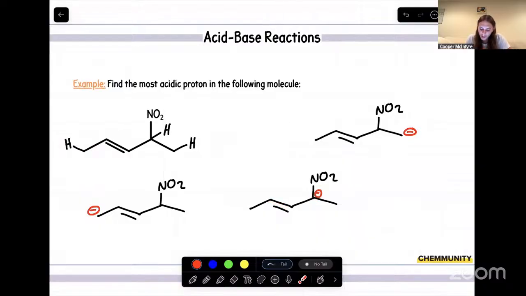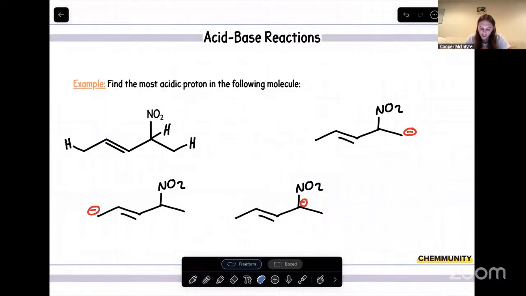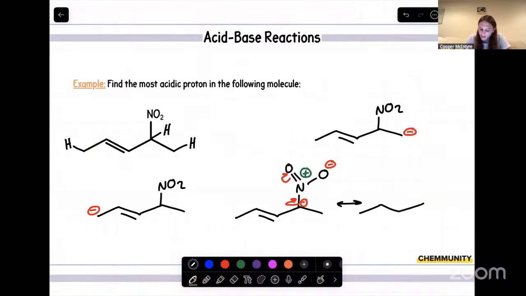But let's go ahead and actually draw out that nitro group. So a nitro group, if you remember, has a double bond to oxygen and a single bond to oxygen, which has a negative charge, and that nitrogen has a positive charge. And this can undergo some good resonance, where we drop those lone pairs down to form a double bond between carbon and nitrogen, and we'll kick a lone pair back onto oxygen. And if we were to showcase that resonance form, we would get something that looks like this.